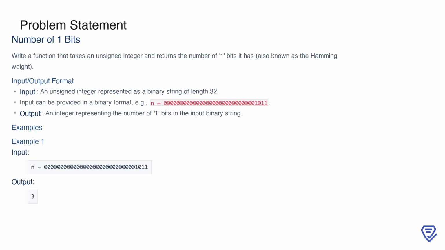Our goal is to write a function that takes an unsigned integer as input and returns the number of 1 bits present in its binary representation. This count of 1 bits is also known as the Hamming weight. For the input, we're working with a 32-bit binary string, where the number is represented in binary format. For example, an input like